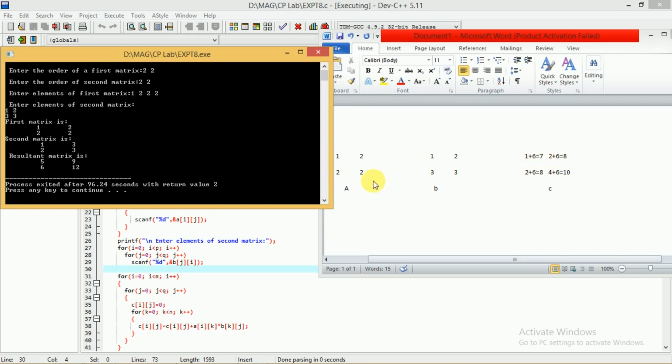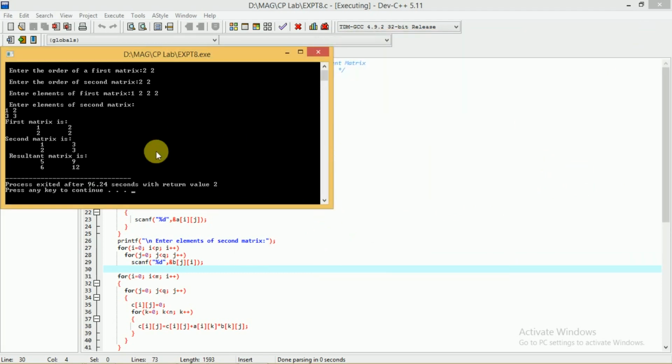Similarly 1 into 2 it is 2, plus 2 into 3 it is 6, 6 plus 2 it is 8. Similarly 2 into 1 it is 2, plus 2 into 3 it is 6, 2 plus 6 it is 8. Similarly for this you consider 2 into 2 is 4, plus 2 into 3 is 6, so it is 10. In this way you should get the correct result in your program.